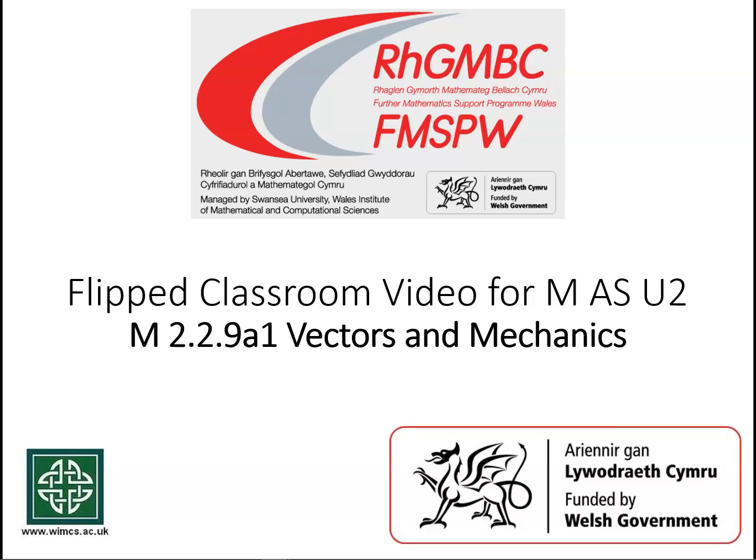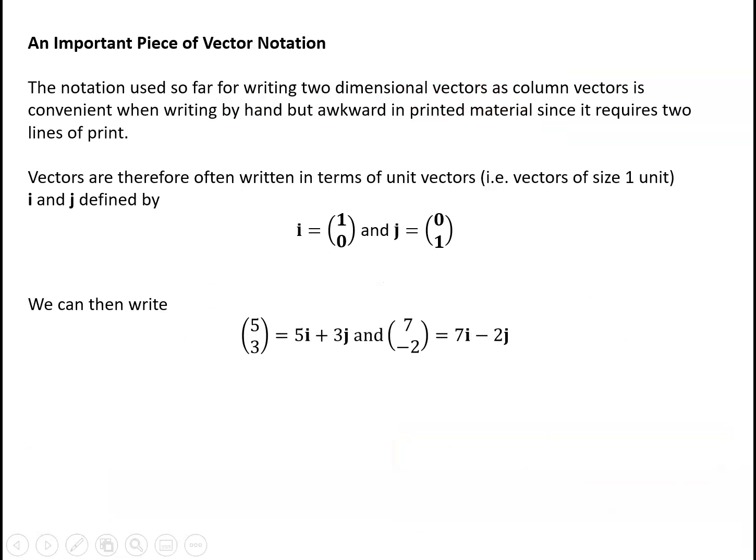In this video we're going to look at how vectors can be used to obtain solutions to problems in mechanics. Before we start, it's quite important to just pick up on an important piece of vector notation. And the problem is that whereas when we write vectors, column vectors are a really convenient way of writing the vectors, when you're printing material for books or for documents, writing a vector requires two lines, which is rather wasteful